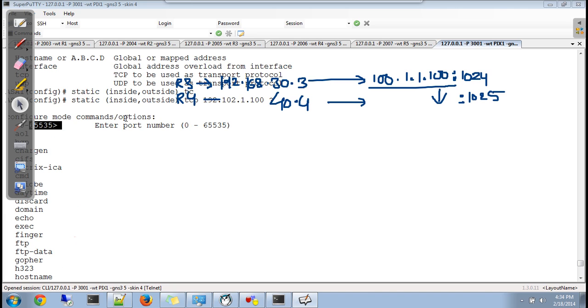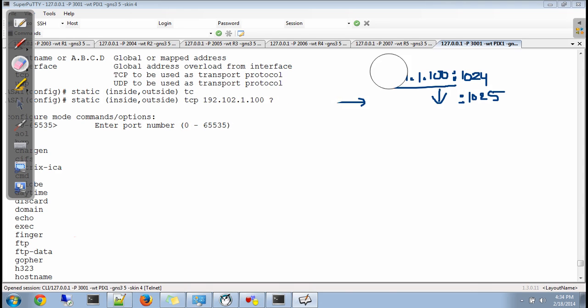Zero to 65,000. 65535. You can use these many ports, and from these till 1024 are your well-known ports. Okay,